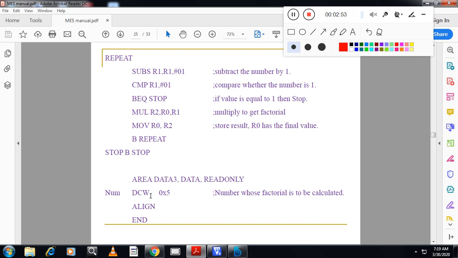So 4 locations means 32-bit data at a time, and all these 4 locations are aligned. It is not like the Intel processor, which supports misaligned locations. Here locations are aligned in multiples of 4.